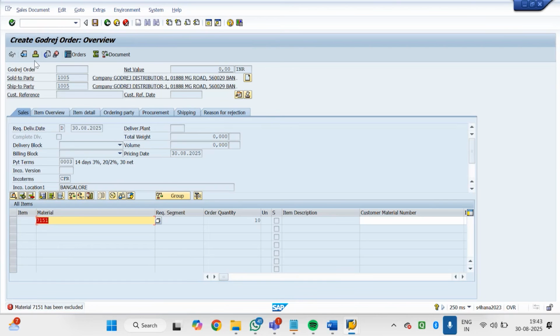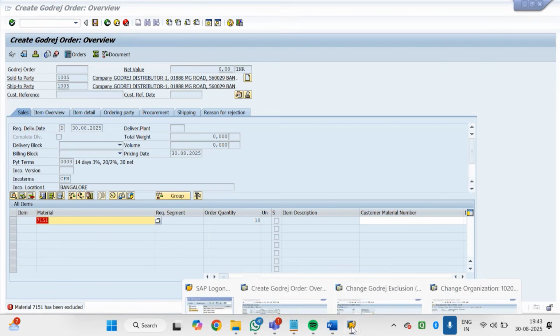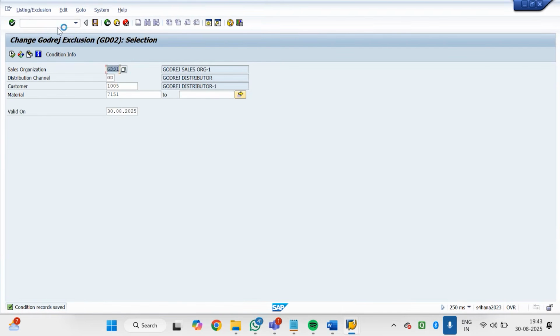10 प्रोडक्ट विल नॉट बी लिस्टेड, तो हम उसको ऐसे कर सकते हैं, 90 को लिस्टिंग, 10 को एक्सक्लूजन। लेकिन कहीं हम चाहते हैं कि वही प्रोडक्ट एक्सक्लूजन में हो, तो उसके लिए हम कंडीशन रिकॉर्ड बनाएंगे सिर्फ एक्सक्लूजन के लिए। और यहाँ पे अगर देख रहे हो ये वाला कंडीशन सेल्स डॉक्यूमेंट है, अभी हमने जो लास्ट स्टेप में देखा था